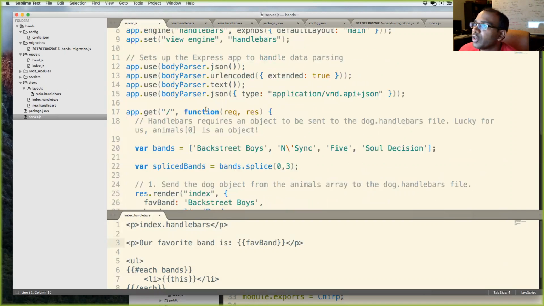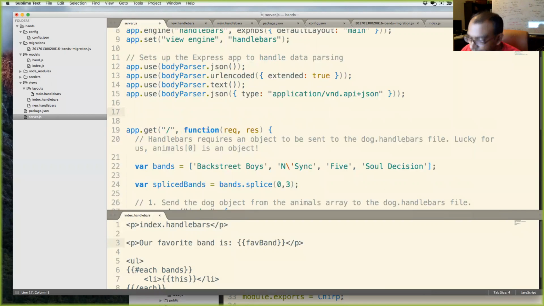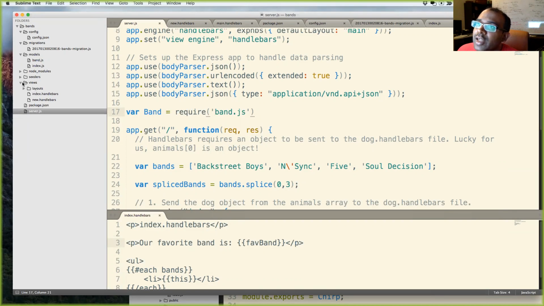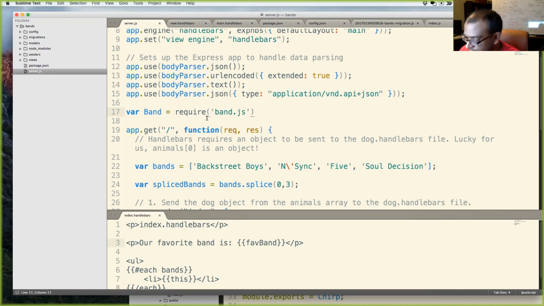So what I'll do over here is var Band, capital B, because that's the convention, equals require. But I'm inside my server.js file, and I need to go into my models folder, right? So ./models/band.js right here, and I have access to my Band model.